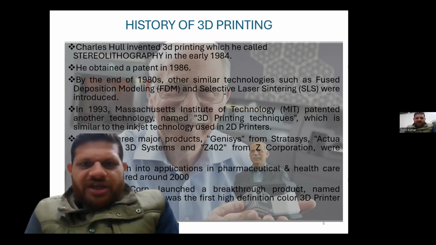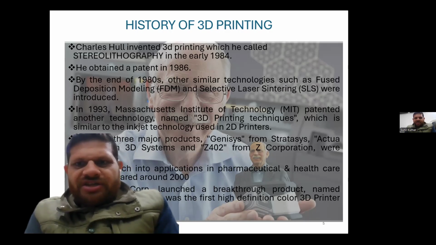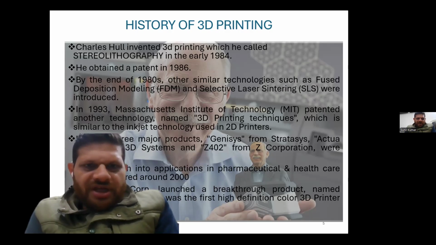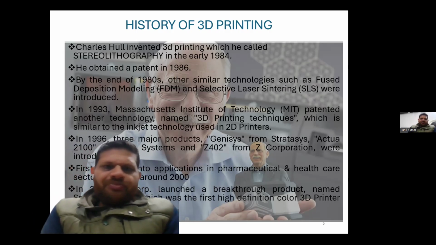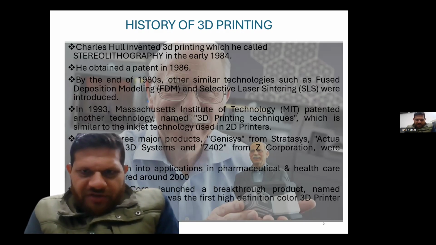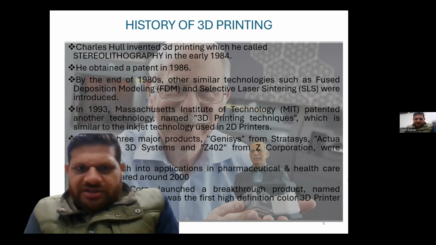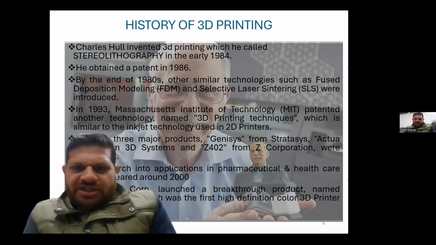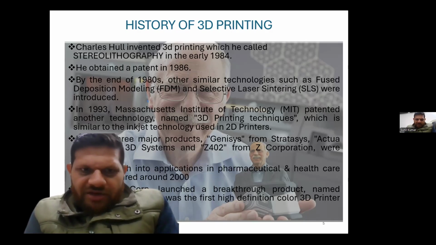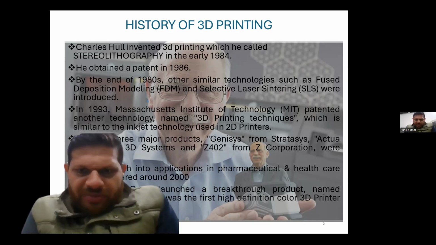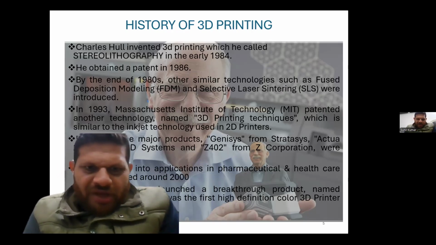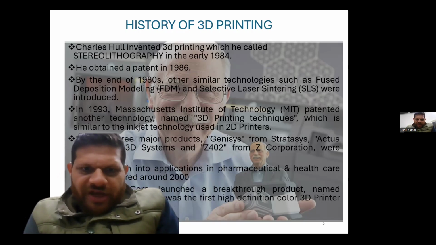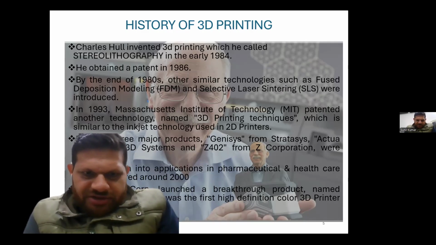Another method, FDM, and selective laser sintering, that is SLS methods, were also developed in 1980. In 1993, MIT gave another technology of 3D printing, which was similar to the inkjet technology used in 2D printers. In 1996, three major products, that is Genesis, then A2100 and Z402 were introduced. The first research into application in the pharmaceutical and health sector appeared around 2000, and in 2005, Z Corp launched